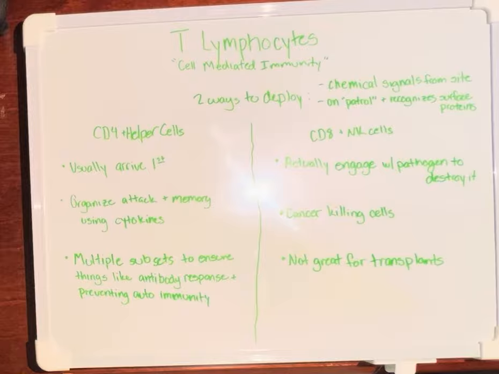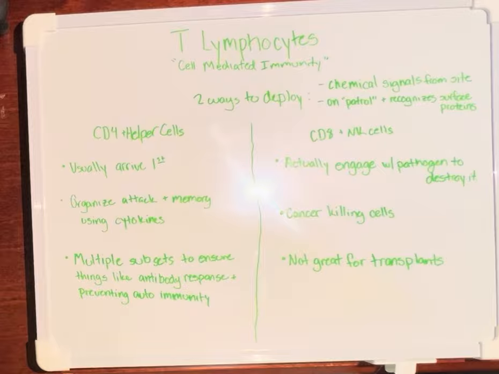So then you have your CD8 or your natural killer cells. These are the only cells that actually will engage with the pathogen to destroy it. And I mean that within your B and T lymphocytes. Obviously other white blood cells do that, but that's why they're called natural killer cells and your fighter cells, because they will use different chemicals to kill the